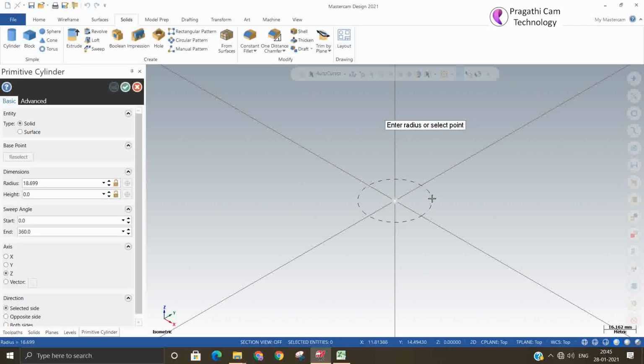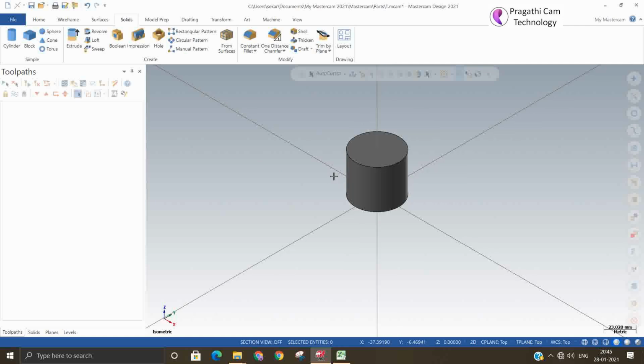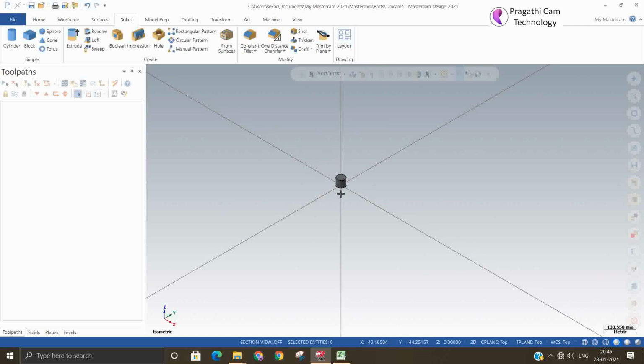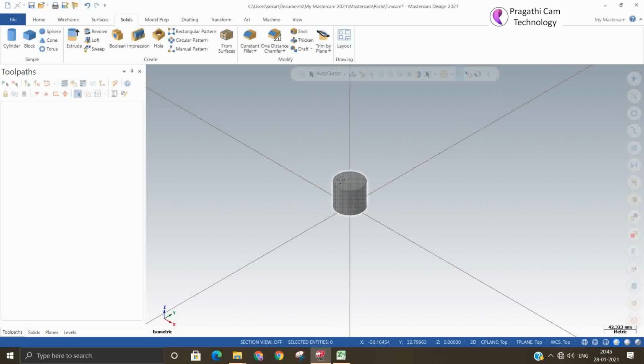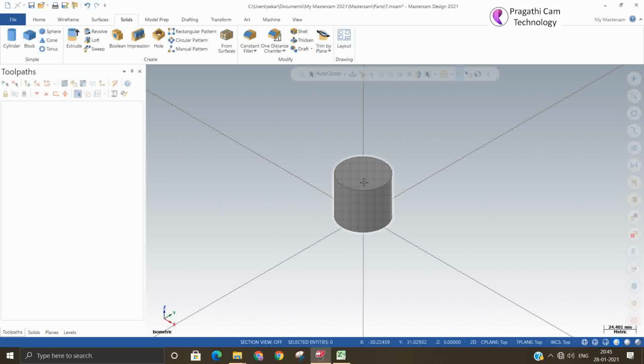For example, I will make one small example of a cylinder. Now by rotating your center mouse button, you will unzoom it. You can see it is becoming very small. It means in this screen the object is kept far away from your eyesight. Now I am zooming the other way, and the object is coming very close to me. You can see the variation in the value.